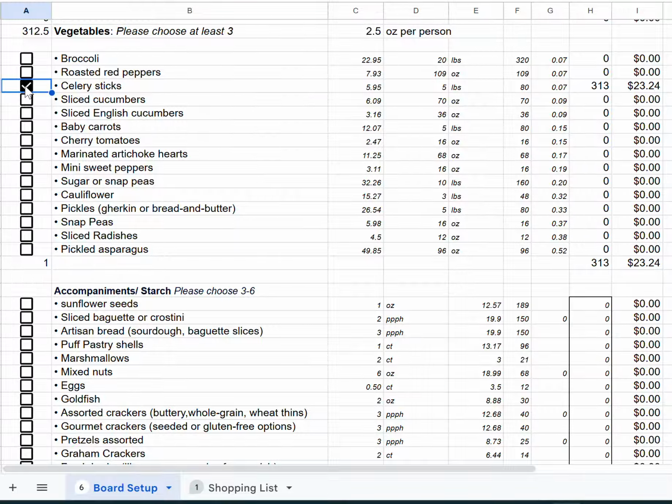Celery sticks seems to be a staple. Baby carrots, cherry tomatoes, those kind of things are always going to be in there. So you can have them selected. You might only have to fill this out a few times, but it's going to give you your price every time. These starches. So let's say you add some mixed nuts,